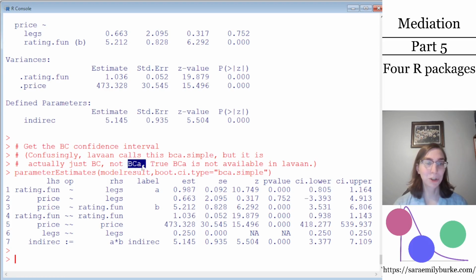And the gold standard is called BCA, and there's this other one that's BC that is very similar, and it usually doesn't matter which one you use, but it's nice to know which one you're using so that you can report it accurately in your results. And this should just be called BC. But for some reason, the creators of the lavaan package called it bca.simple, and BCA itself is not available in this package currently. So just know that when you provide this argument, you're actually asking for BC confidence intervals, and